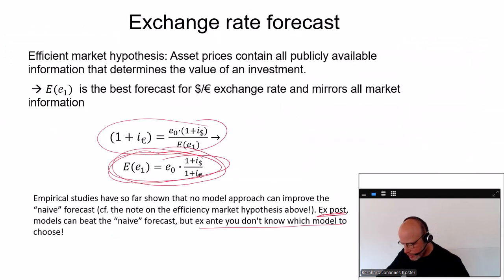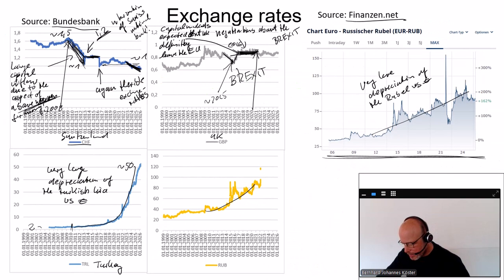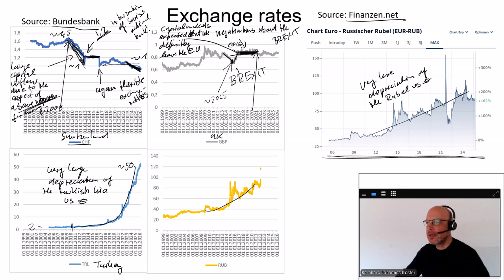I think I had also here the development relative to the euro, and then you see we are coming at the start of the euro from 1.6, and we are now almost at half of it, 0.9. This means that within 25 years, the Swiss franc relative to the euro has appreciated by almost 100%. So everything is twice as expensive as before.